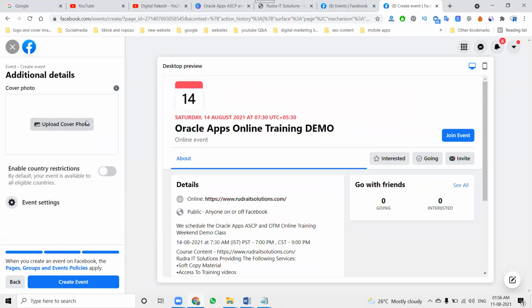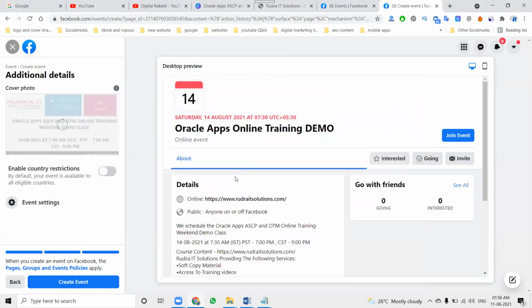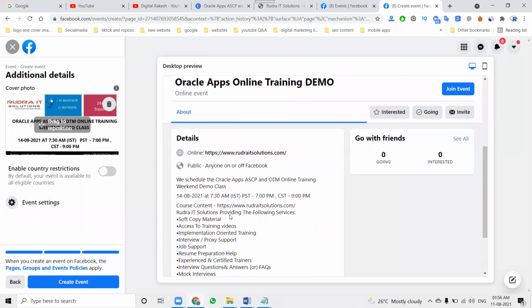Main thing, we can add your demo image. The image should be designed in a particular format, so the design is compulsory and important. So design it properly and finally click the create event option. For this event, we can also promote through Facebook ads, nothing but Facebook ads. There is the boost post option. This event link can be promoted directly with the boost post option to reach the audience for the particular Facebook event.